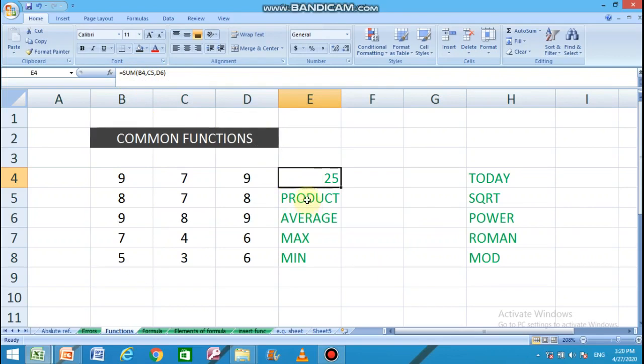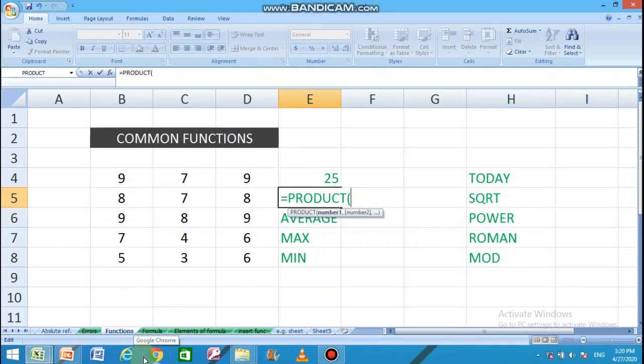Product. This function is used for finding the multiplication results of its given arguments. For example, product B4, 6.